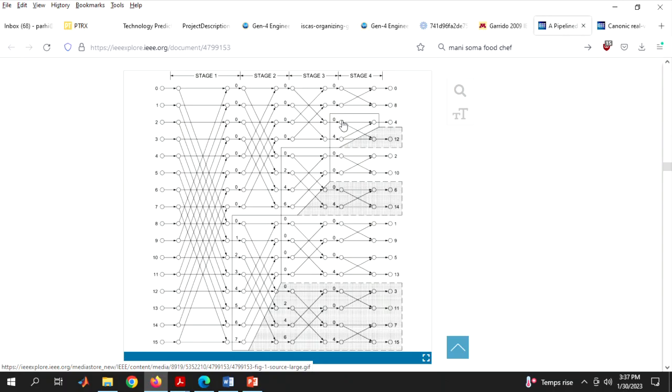This is 0, let's call this A and B. So this is A, B. By the way, these numbers that you see in this paper are the twiddles. You see these numbers 0, 1, 2, 3. This is W to power 0, W to power 1, W to power 2, W to power 3, etc. When you see these numbers 0, 4, etc., this W to power 4 is going to be minus J. So if this is A and this is minus J multiplied by that,